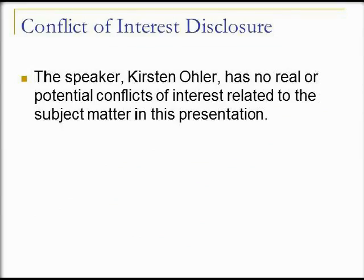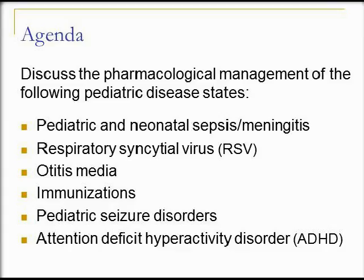We will be using on occasion your audience response cards, so if you have those handy, that'll be helpful. And to get this all in an hour, we're going to try to work through the cases in your chapter in the order that they appear there: neonatal and pediatric sepsis and meningitis, respiratory syncytial virus infection, otitis media, immunizations, pediatric seizure disorders, and attention deficit hyperactivity disorder, which it seems like maybe I have, covering all these topics